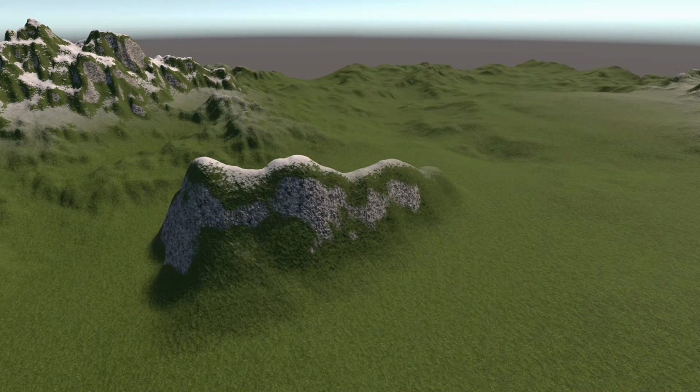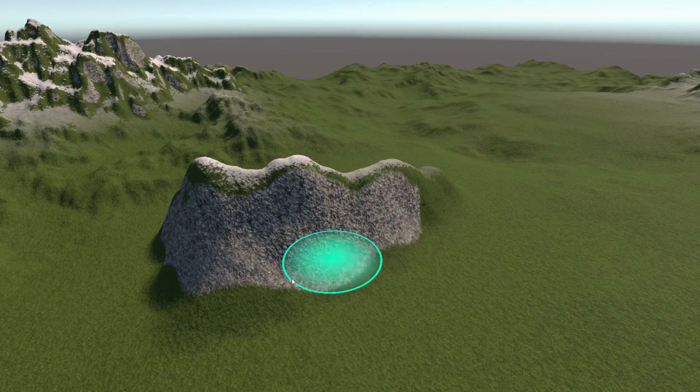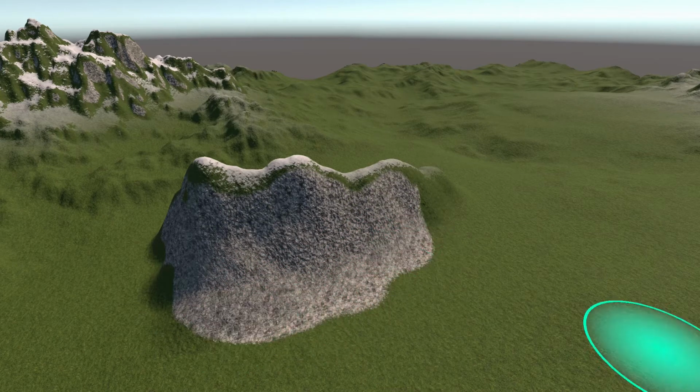However, let's say we don't like the fact that the cliff just kind of ends here, so we maybe want a little bit more of it. Well, we can actually paint more of a texture like that. Or let's say an even better use case would be to paint, for example, let me just find the right texture,